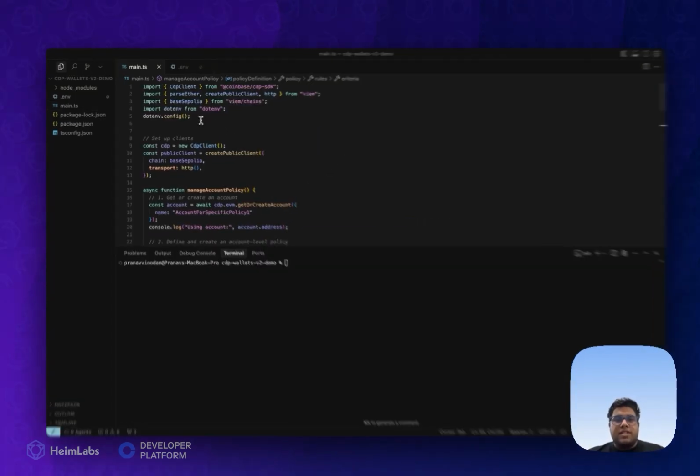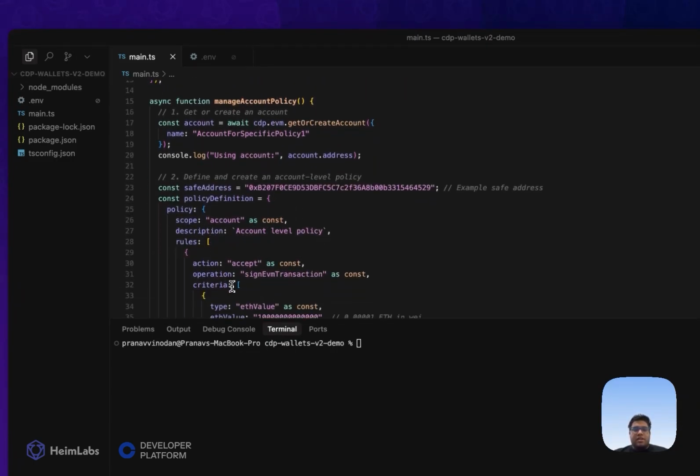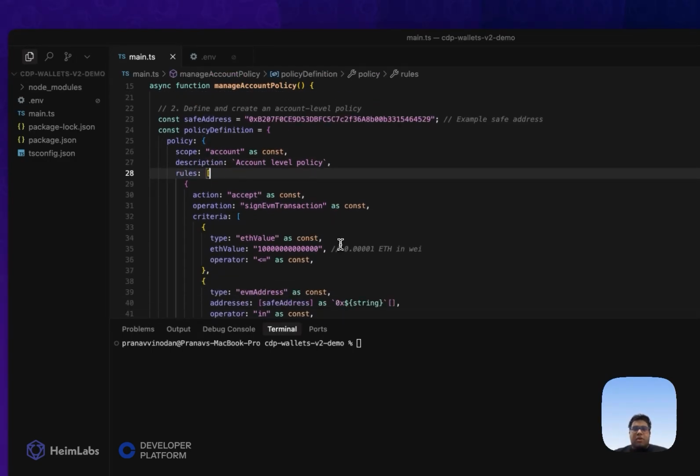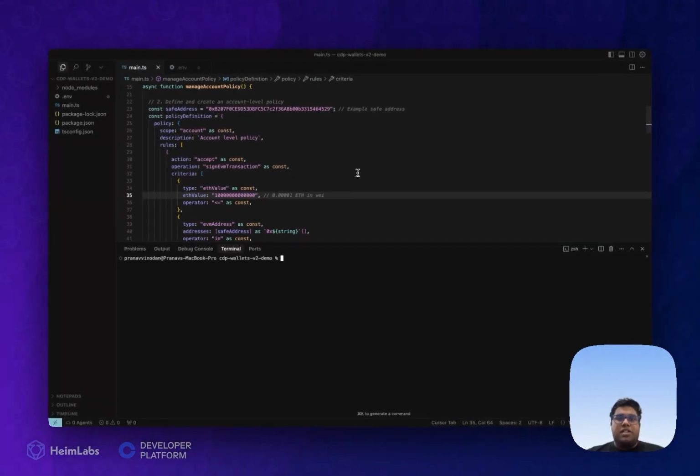So we have done some small changes like making sure the environment variables are set up using .env config. Next, what we have done is that we have kept the description name much simpler. And also we have reduced the amount of ETH to make sure that we don't have any insufficient balance errors, as the faucet doesn't give out a lot of ETH in a single transaction. So now let's test out the script and see if our policy implementation works as we intended to.